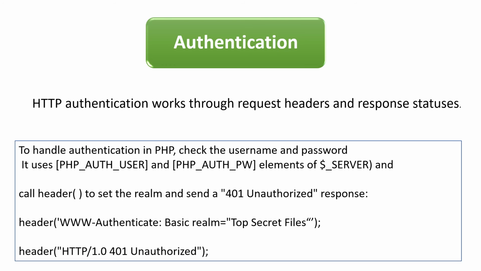After that, authentication. HTTP authentication works through request headers and response statuses. A browser can send a username and a password as the credentials in the request headers.